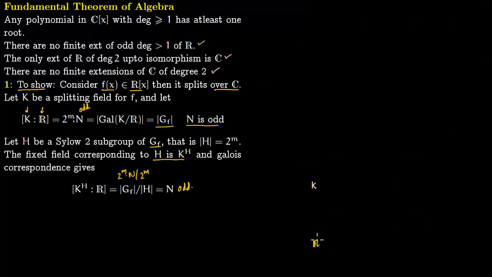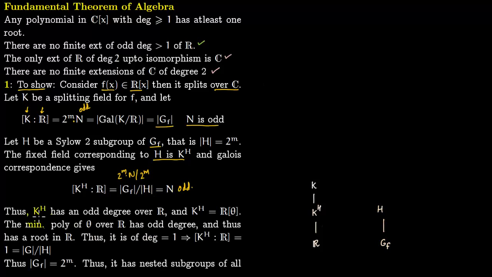So we have this k which lies over r, we have the corresponding Galois group here, and corresponding to group H you have kh right here. And to compute this degree of extension, you use the fundamental theorem of Galois theory, and you know this degree of extension is nothing but the order of GF divided by H. So kh has an odd degree over real numbers, and by the primitive element theorem you can say this kh is equal to r adjoined theta,